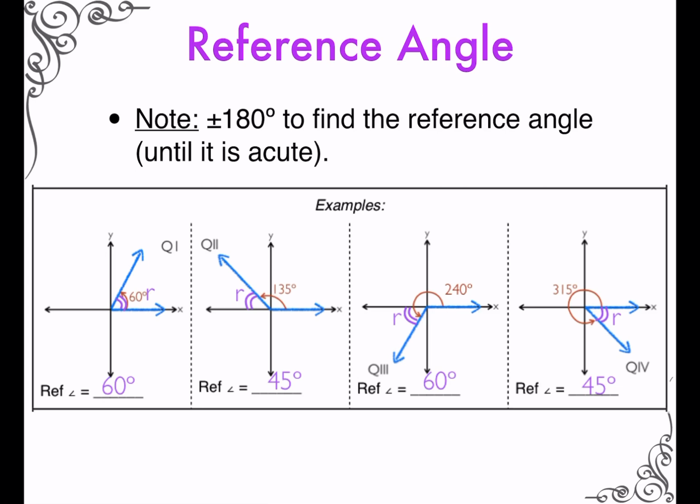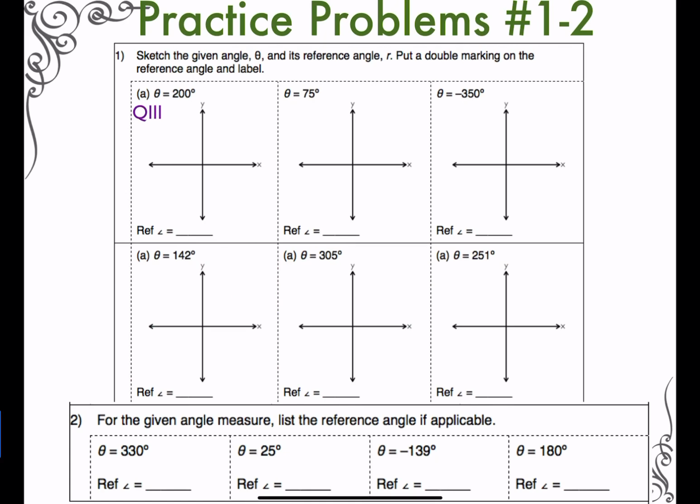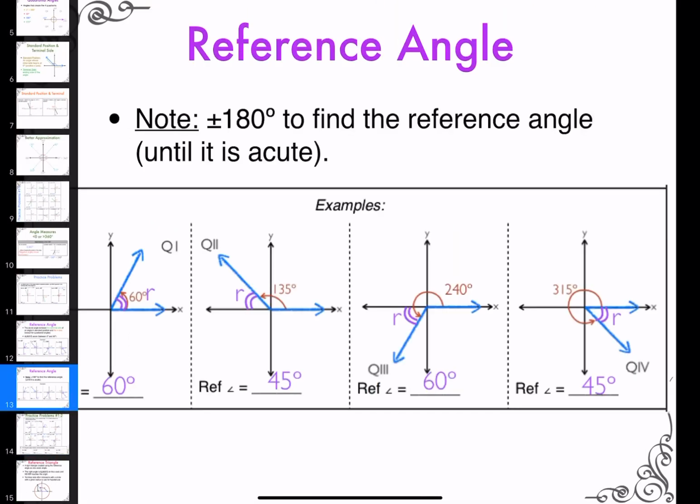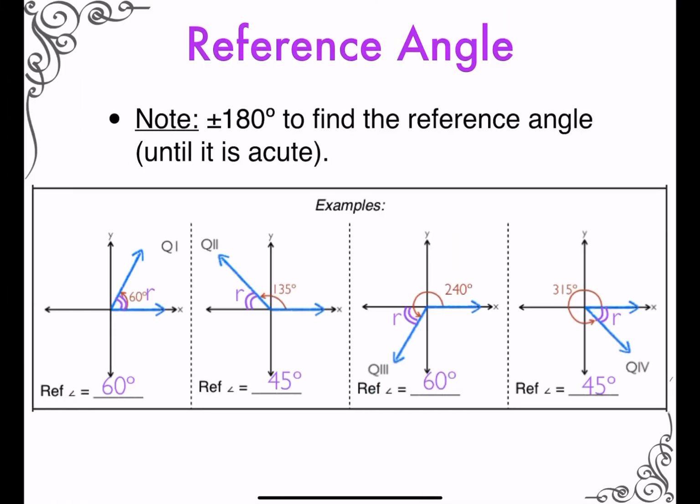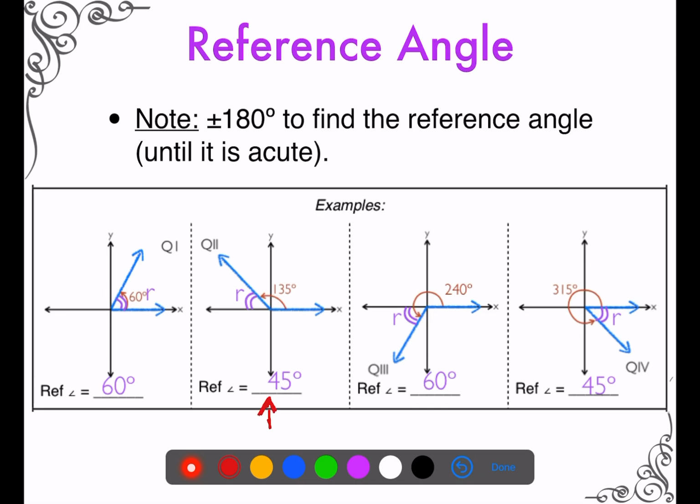So in all of these examples, what we did is, if we didn't have an acute angle, for example in the 135-degree angle, we realized it was not acute, so I can just take 180 minus 135, and that gets me to an acute angle,